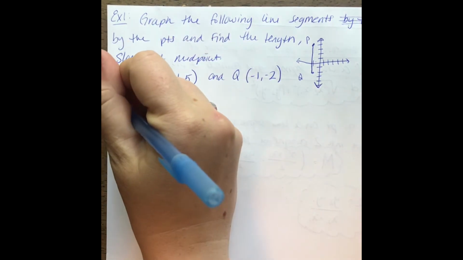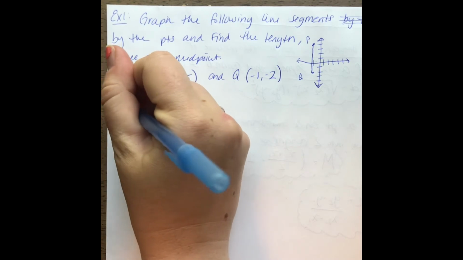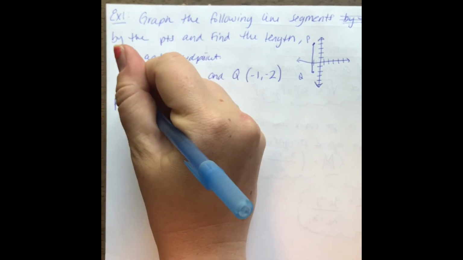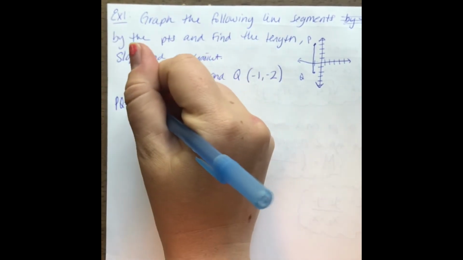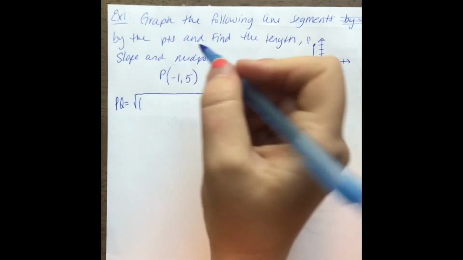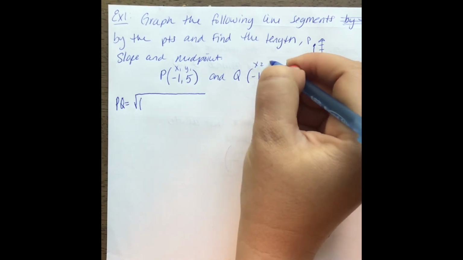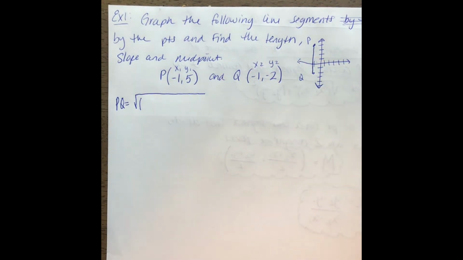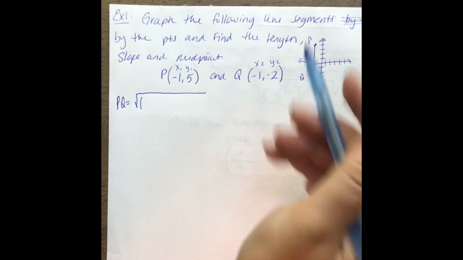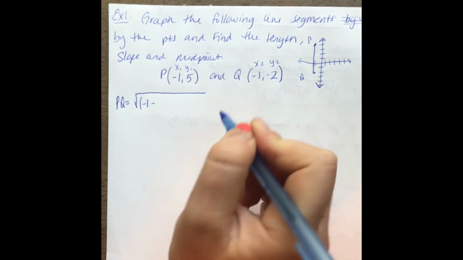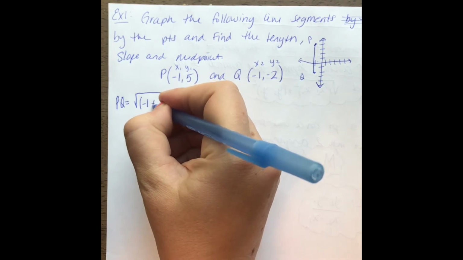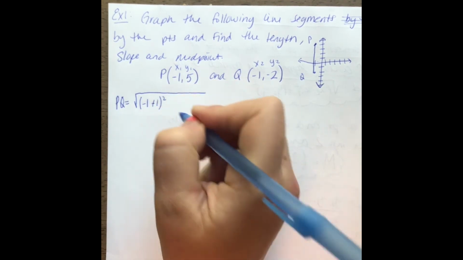Now we have to find the length. In order to represent the length, it's PQ. And remember, in order to find the length, we're going to do the distance formula. I'm going to label this one x sub 1, y sub 1, x sub 2, y sub 2. And then using the distance formula in our example beforehand, x sub 2, negative 1, minus x sub 1, a negative 1, so it changes to a plus 1, squared,